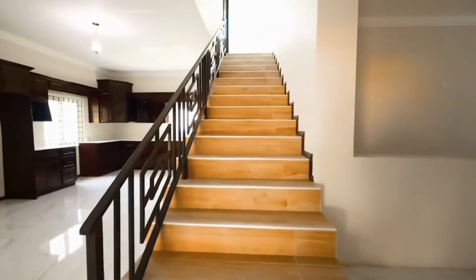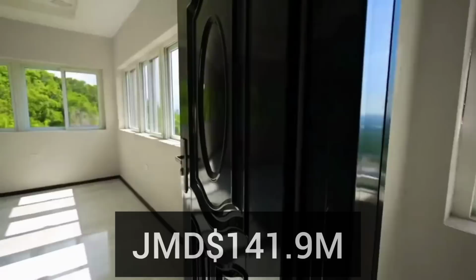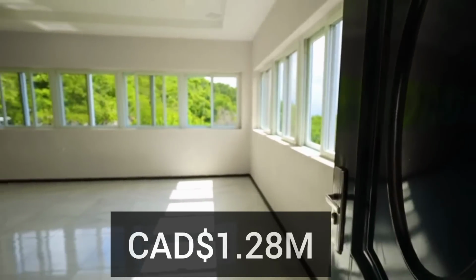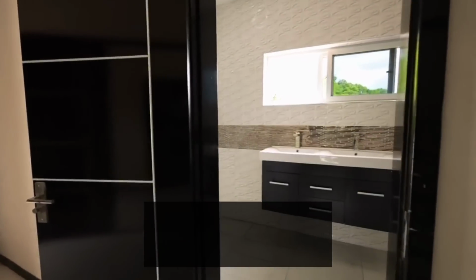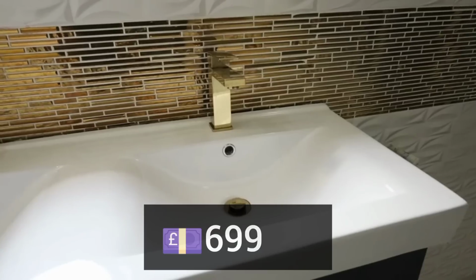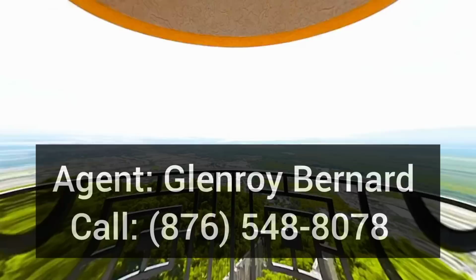The asking price for this house is US $900,000, Jamaican $141.9 million, Canadian $1.28 million, Euro €826.6 thousand, or £699.5 thousand pounds. To purchase or make an offer, please take a look at your screen, or you may visit